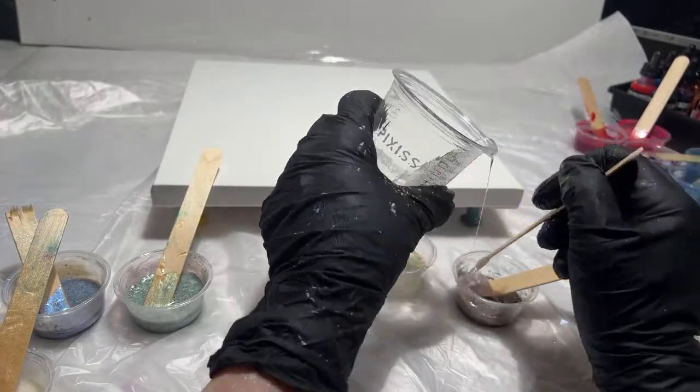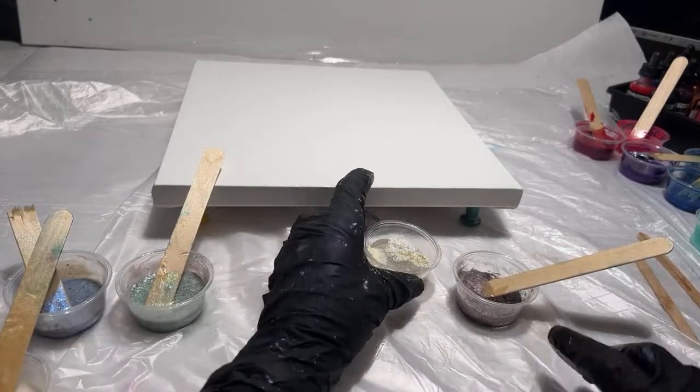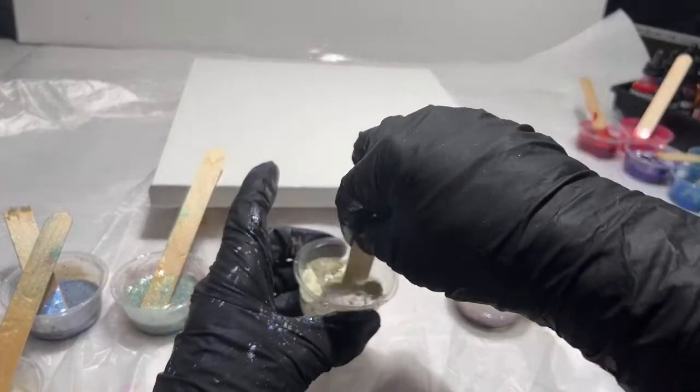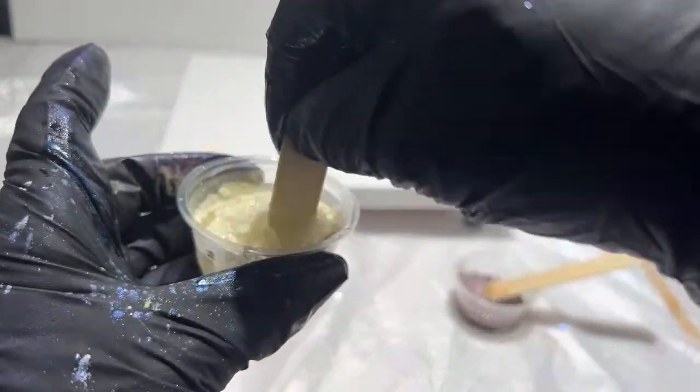Just a little bit more epoxy. I might have extra to put in molds, but I'd rather have extra than not enough. I don't want to run out. So here's that interference gold